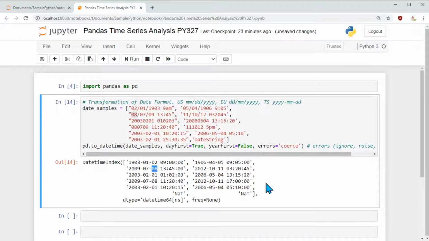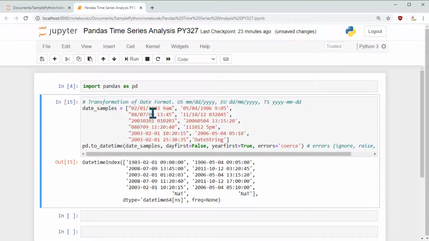Now, what we'll do is set dayfirst to False and yearfirst to True. If we do this, if you notice here, it smartly picks the year first.